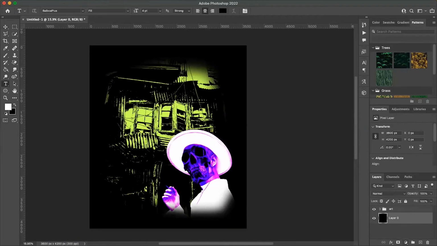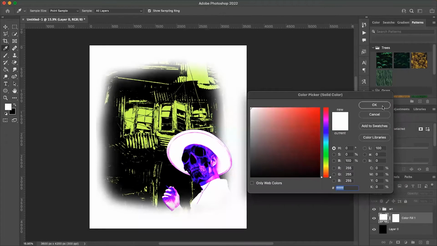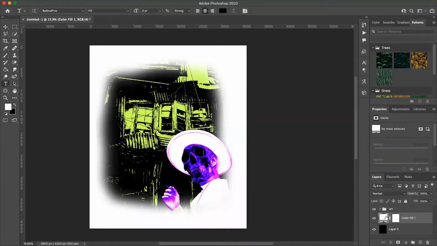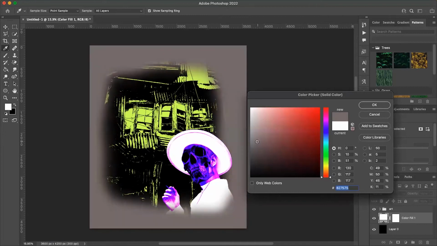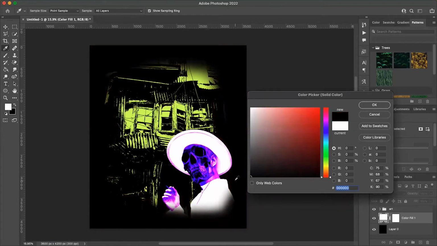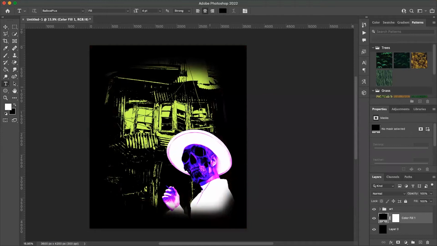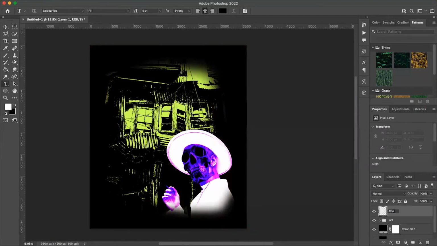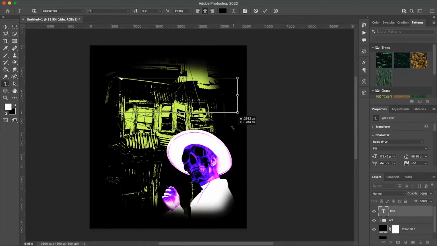This is the background. I'm going to add a solid color above this, and it's a smart color. So that way we can change the color of the background as we work. But this is intended for black t-shirts. And from here, we want to add some text. So now we're going to create a new layer, call this title. I don't know what we're going to call it. Let's just call it